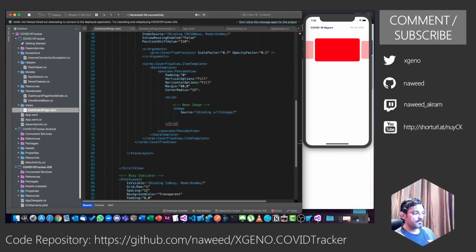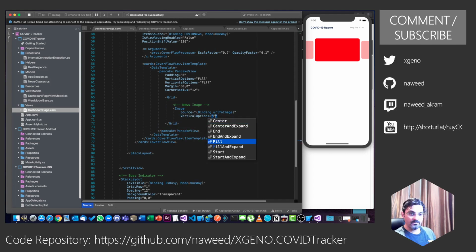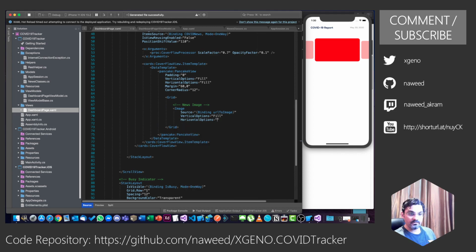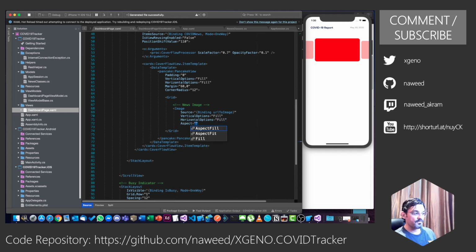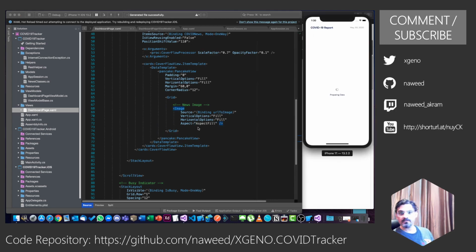Okay, I can say it is going to take the full space, fill, horizontal options is fill, and the aspect ratio is going to be aspect fill, so that it takes up all the space. So here you go. So we have got our news items. And this image is still loading.